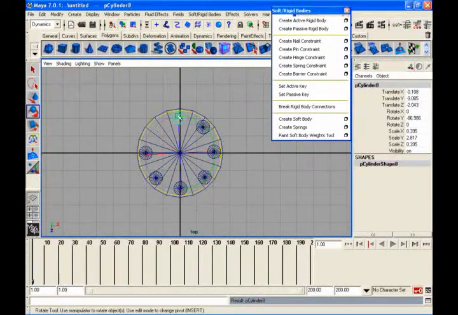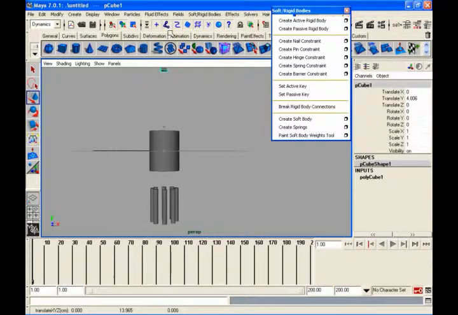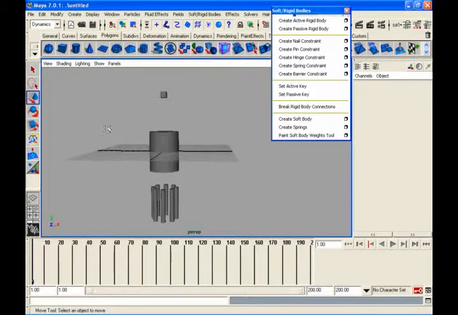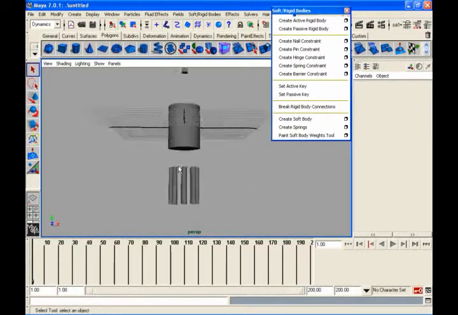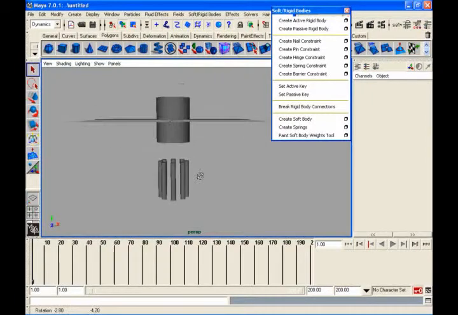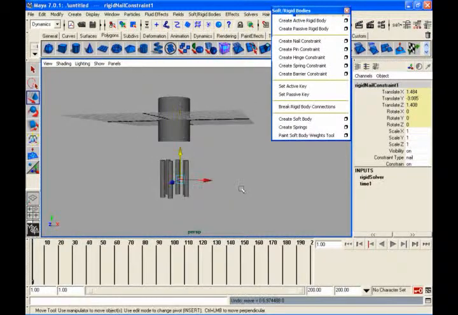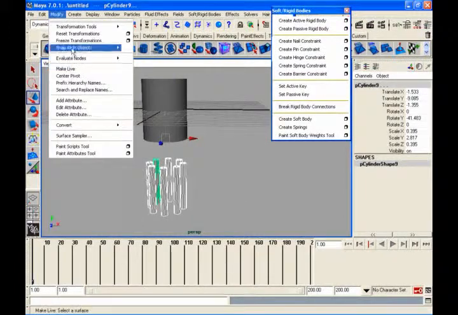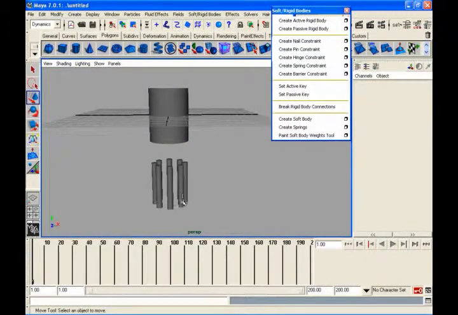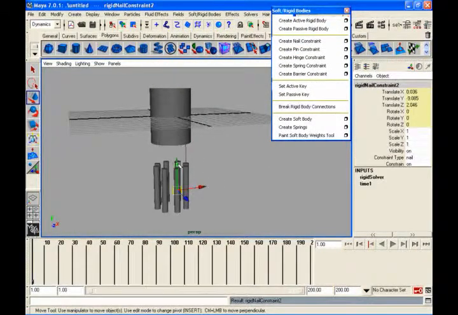So these are hanging, and this is hanging to some other object. I want to create this simulation. So delete, Edit, Delete by type, History. First of all, you can select each and everything and say nail and drag it in. Modify, Freeze Transformations, select, say nail constraint. Drag it in, G, drag it in, G, drag it in, G, drag it in,